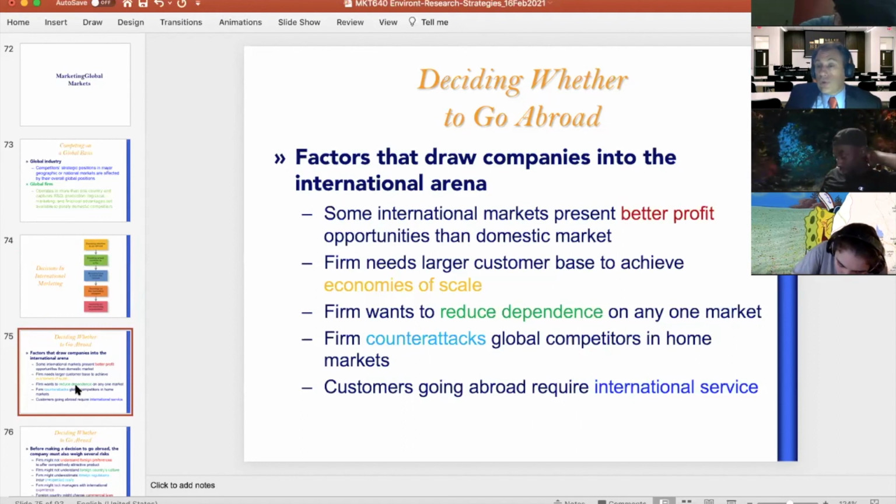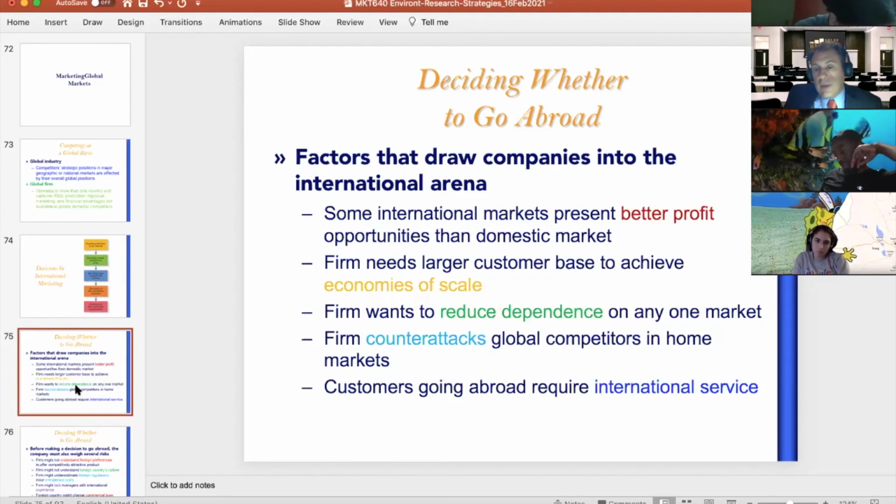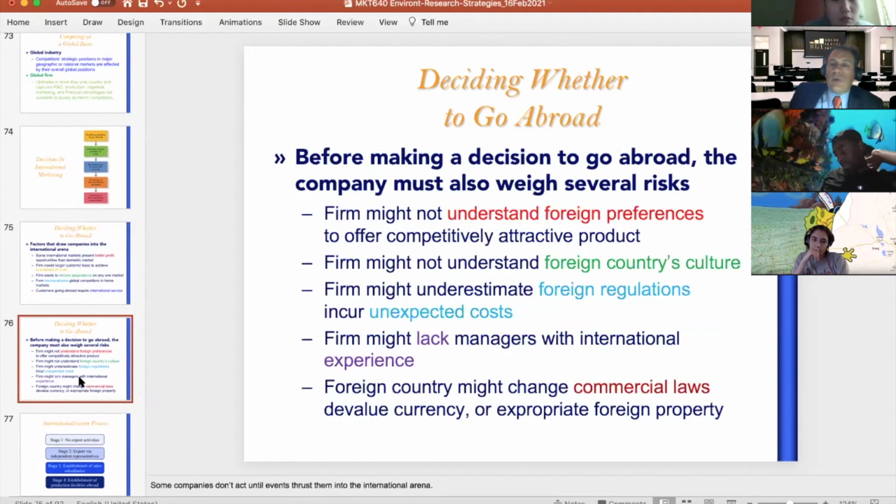Maybe because a lot of your competitors come from overseas, so you also want to be able to do what they do to you, which is sell on their market. Maybe because that way you learn about them better by being in their market, and you become stronger in your market by learning to do it in outside markets. Maybe because your customers are also moving, and it's better if you go overseas, so that way you can follow them. But before you make this decision, you have to understand the obstacles that you're going to face in going overseas.